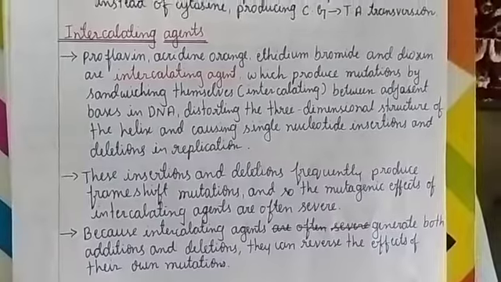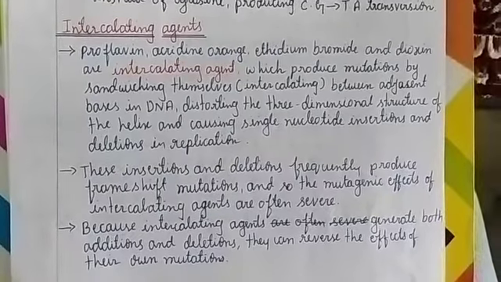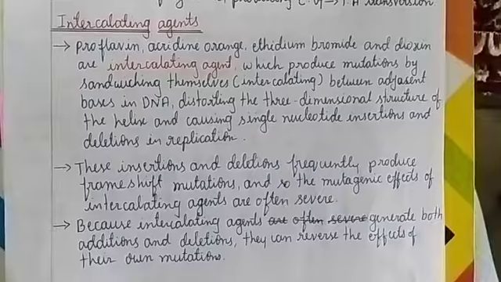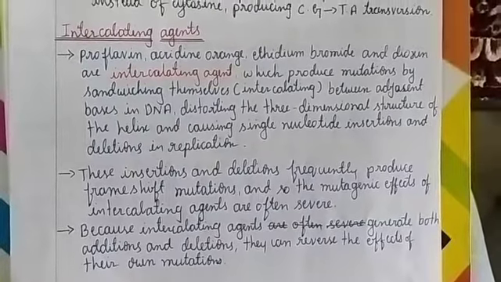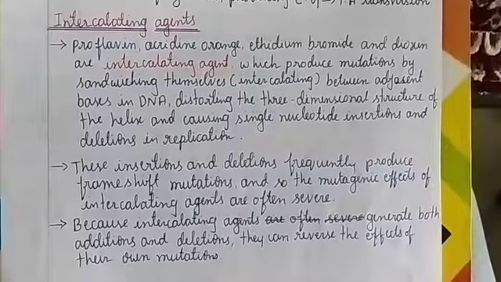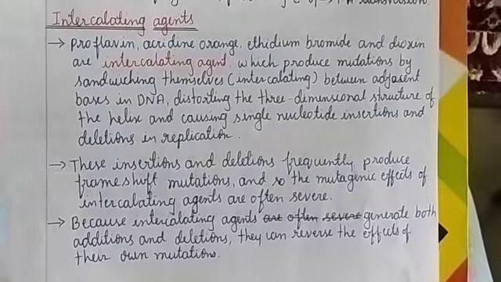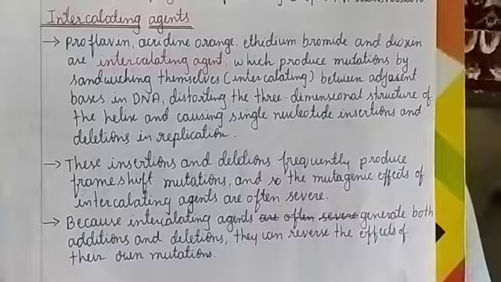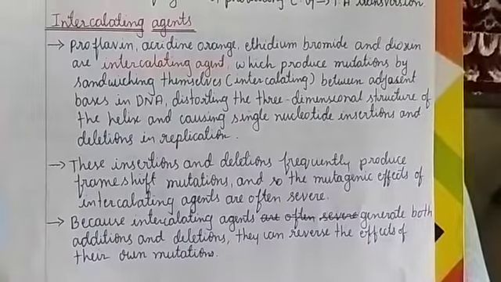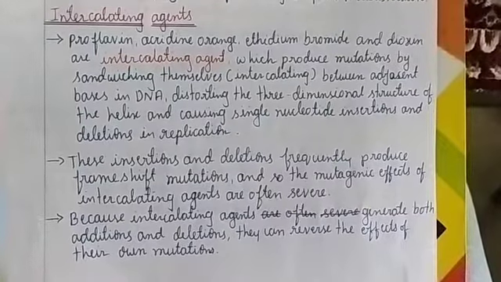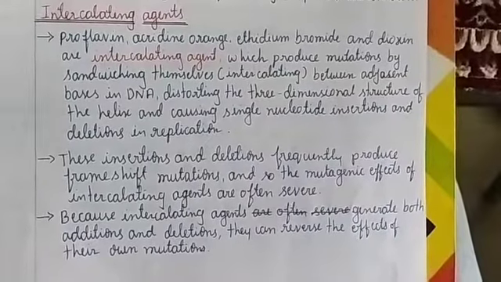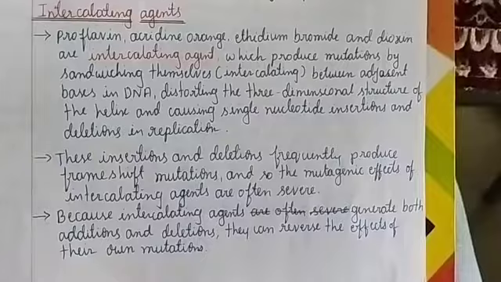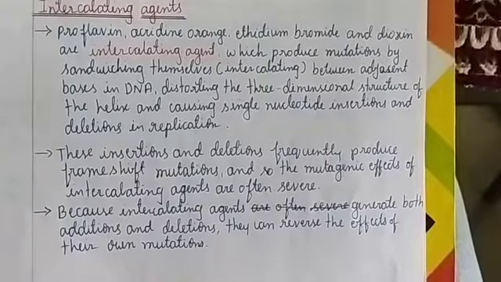Proflavin, acridine orange, ethidium bromide and dioxin are intercalating agents which produce mutations by sandwiching themselves, that is intercalating themselves, between adjacent bases in DNA, destroying the three-dimensional structure of the helix and causing single nucleotide insertions and deletions in the